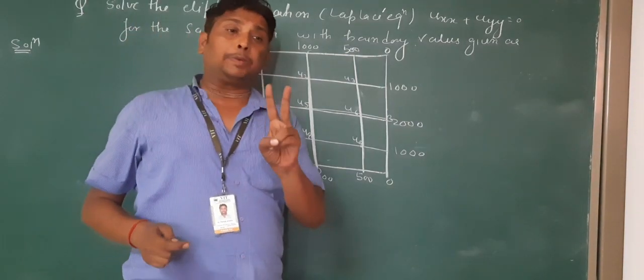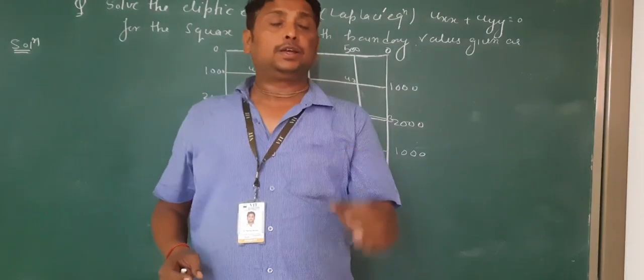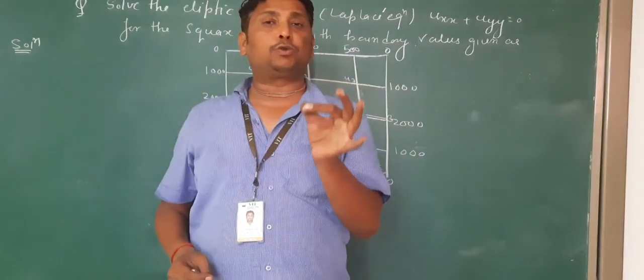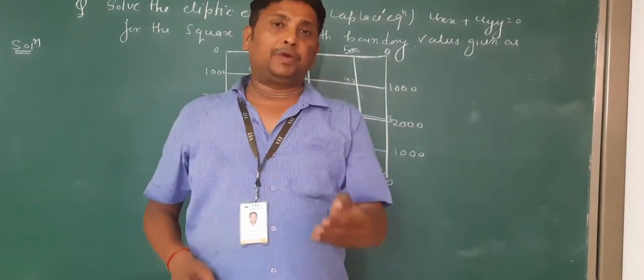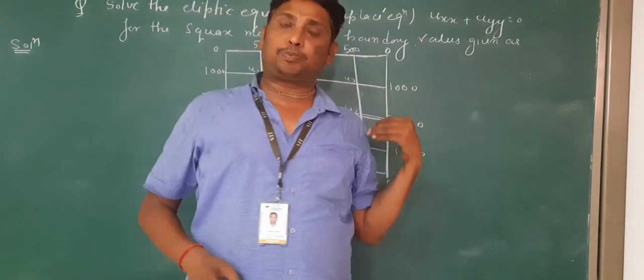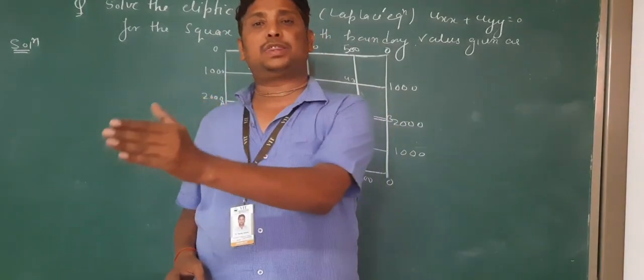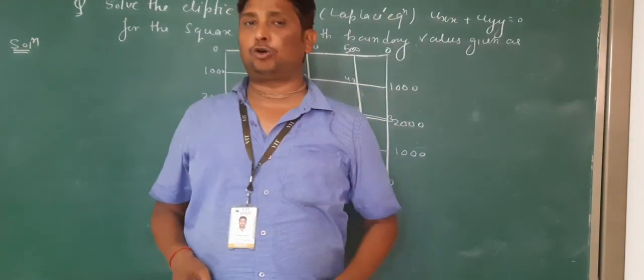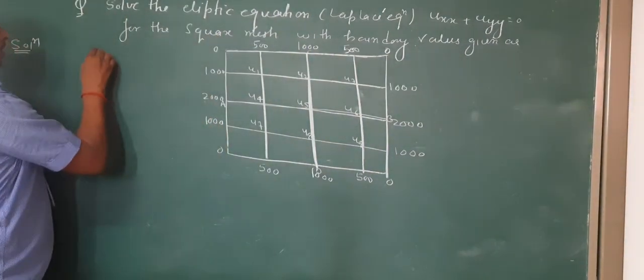So, there are 2 types: when symmetry is there and when symmetry is not there. Both types we will try to solve here one by one. Maybe in the first lecture I will explain this one. In the second lecture of the same topic I will explain the second type, when symmetry is not there. But because here there is symmetry,